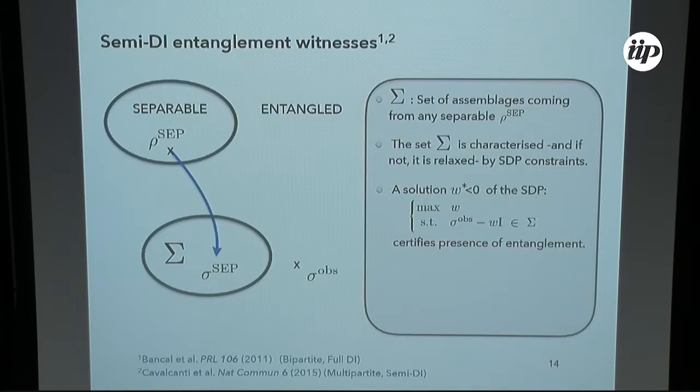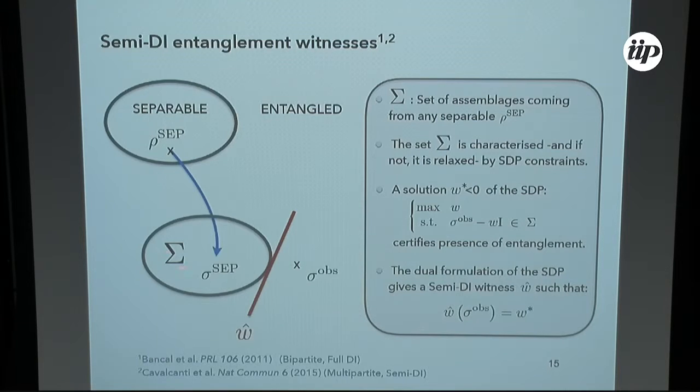So whenever I get a strictly negative solution, I can actually certify that there is steering, and therefore that the original state was entangled, okay? And because of the dual formulation of semi-definite programs, this actually gives us automatically a witness, which is just a linear function acting on the observed state and giving us the desired